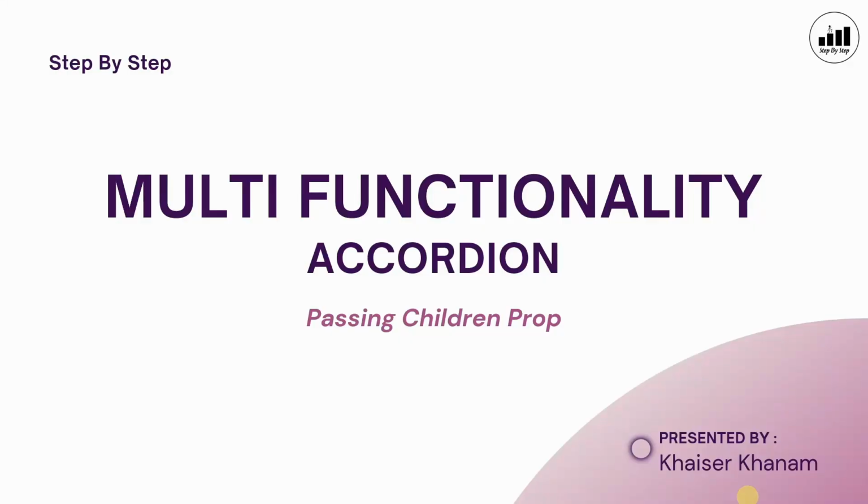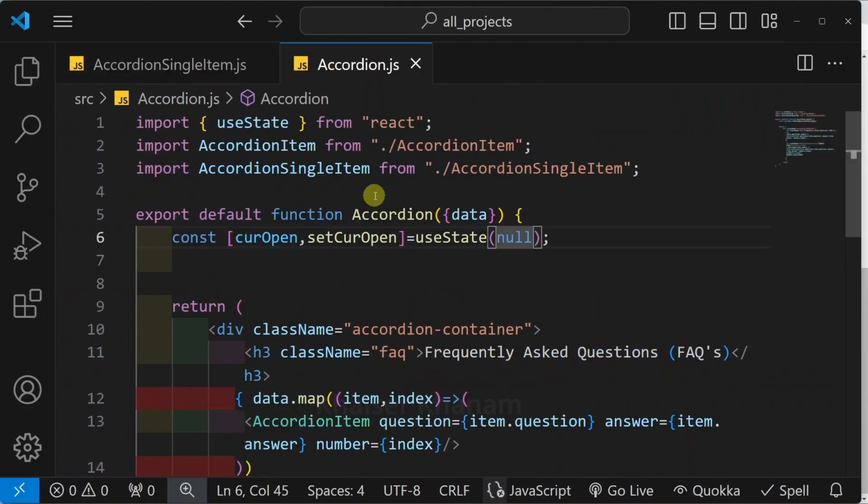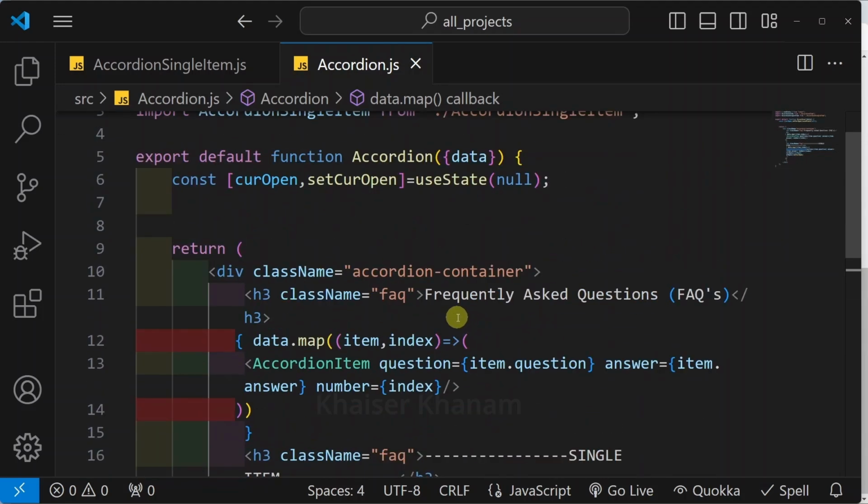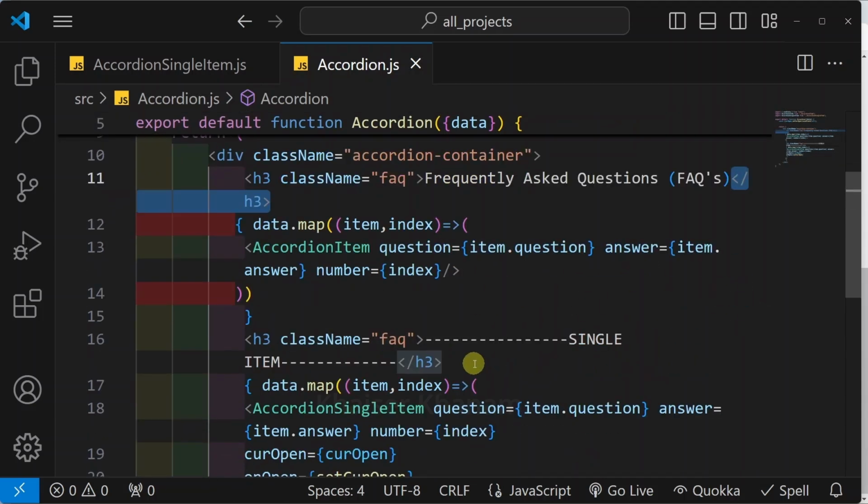Let me show you the last functionality of this project, that is passing children prop. Using this children prop, we can create complex patterns in our projects. I will come inside accordion.js. So for passing the children prop, we are going to create this component similar to our HTML element. Inside an HTML element, what we will have? We will have an opening tag,